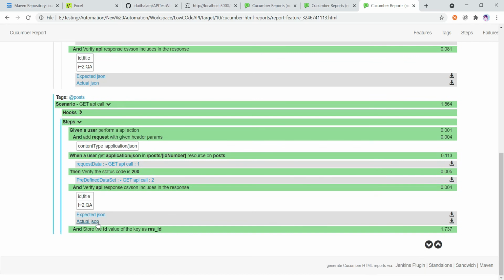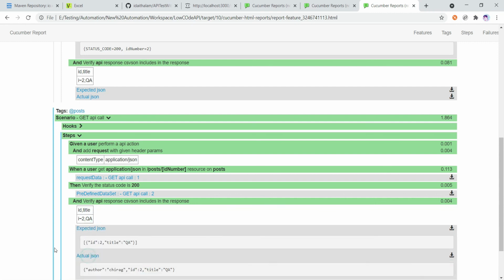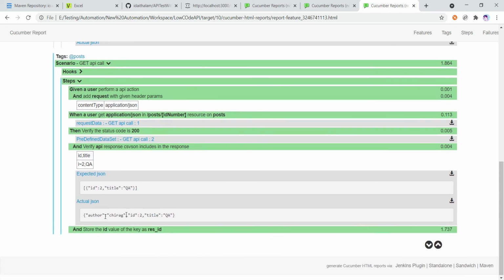This is the way we can use CSV response. The actual JSON is what I get, and the JSON I have passed has ID 2 and QA. They mention all the information over here.